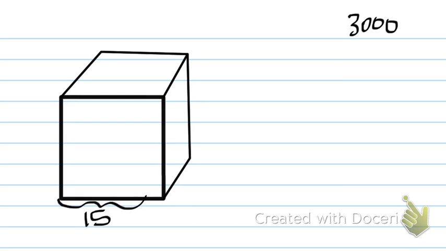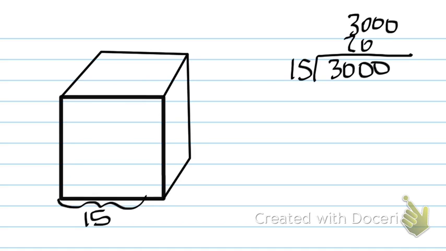I know 15 will go into it, so I've got 3,000. I'm going to start with 15, so I know that's going to give me 200. So I need something that multiplies together to give me 200. Now I don't want to use 20 and 10 because that would be the same as the previous box. So let's say that I use, let's see, how about,